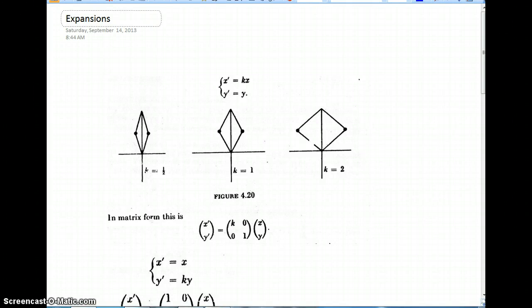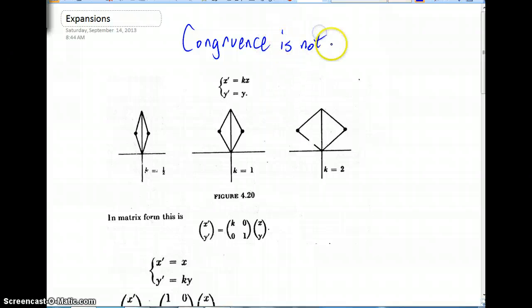For our next geometric transformation, we're going to look at expansions and contractions. And the big difference in today's lesson is that congruence is not preserved. So we're going to have a transformation where the image is no longer going to be congruent to the pre-image of our